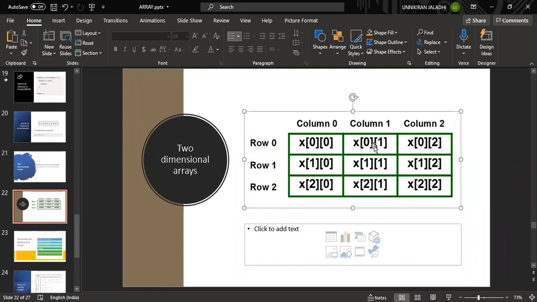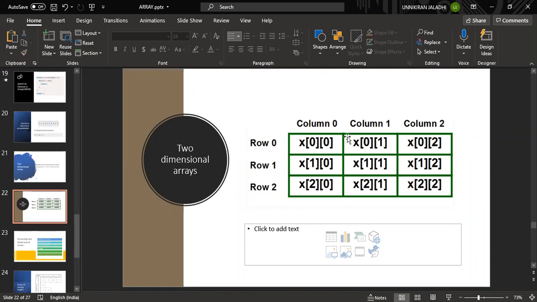Okay, there are two types in this also. One is a for loop and another one is a for each loop. For each loop is very easy compared with the for loop. To access each and every element inside an array, for each loop is good. But to access a particular element inside an array, it is essential to use a for loop, as we discussed earlier.